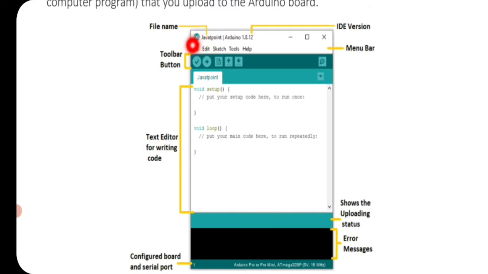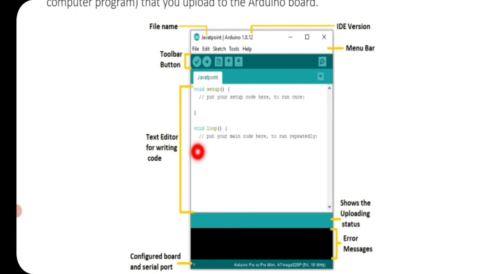Here you will see different menus like File, Edit, Sketch, Tools, Help, with some toolbar buttons to compile and execute the program.